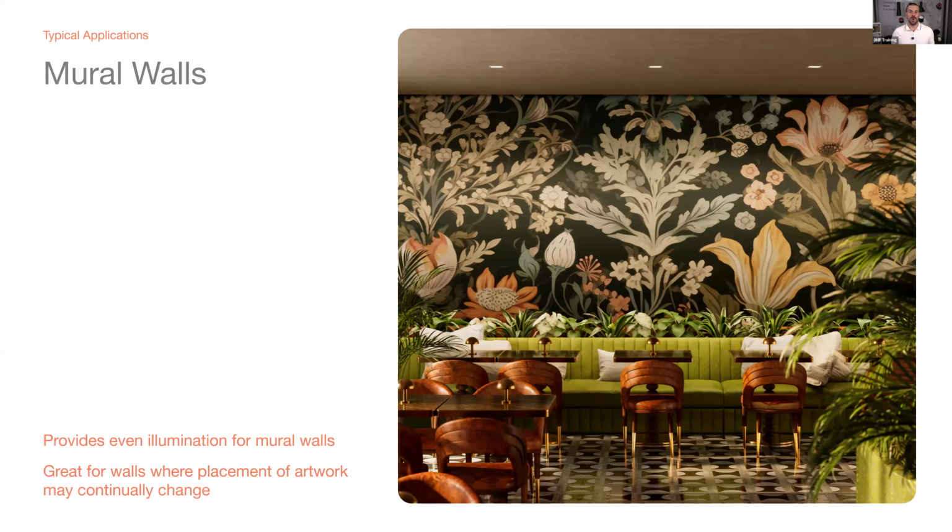Another one would be for mural walls. So murals and really intricate wallpaper, things like that, often want to be very uniformly lit, so they're seen from top to bottom and you can get the entire sense of the artwork. So wall washing is another great way to do that, using, again, a nice even array of lighting that is going to create an expansive wash of light from top to bottom, left to right, which helps to highlight those sorts of feature walls or architectural